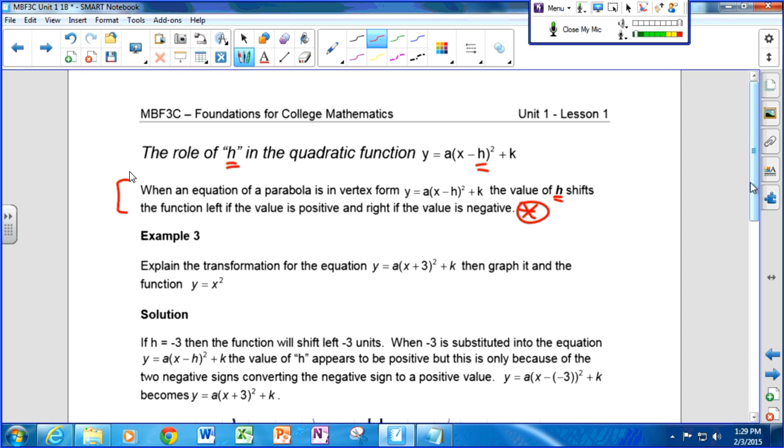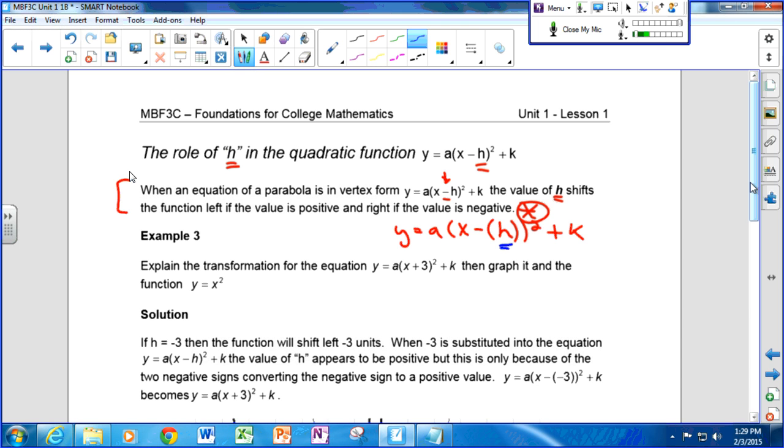And the reason it's problematic is that the standard form of this equation includes this negative sign. Okay? So the way the text is talking about the value of h, as if we would set h to a value and we would rewrite this equation y equals a(x minus, and then some value of h) in brackets. Okay? So this is what they're talking about when they're talking about h being